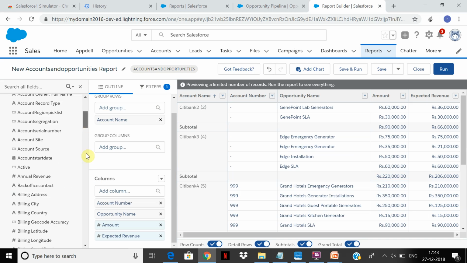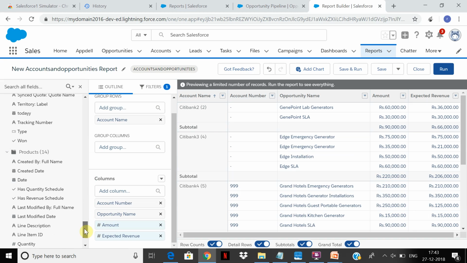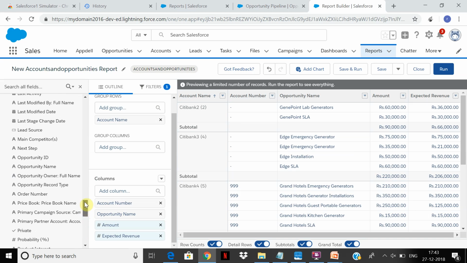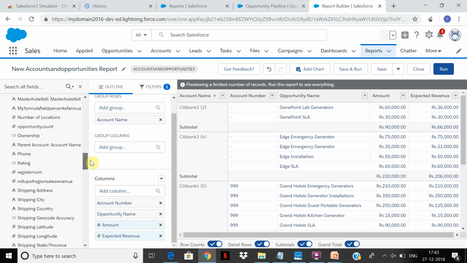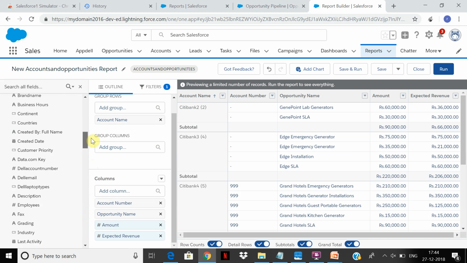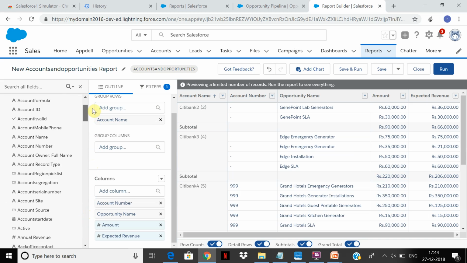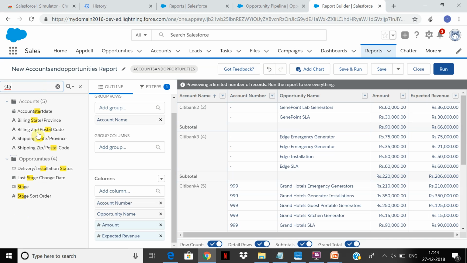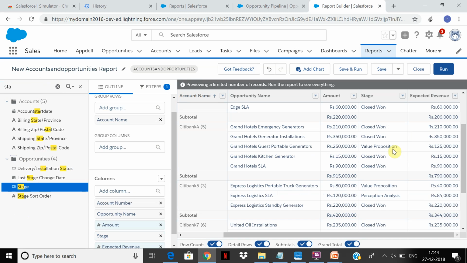I'm going to select the opportunity stage field, which is an important field. Let me just search for the opportunity stage. Yeah, so here we go. Let's pull this.